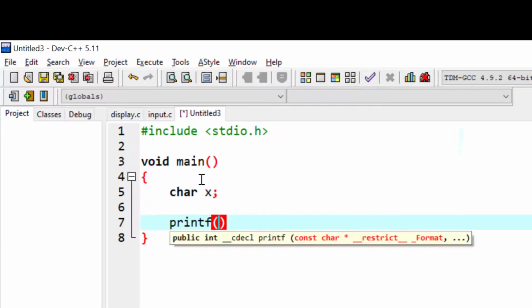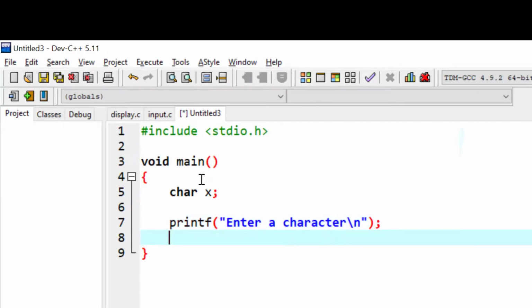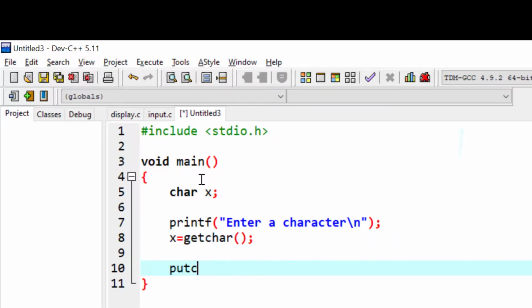First I'll write a printf statement, "Enter a character", with a semicolon. Instead of scanf, now I'm going to use the getchar function, and whatever data we input will be stored in x. So x = getchar(). I want to display the value of this, so putchar(x);